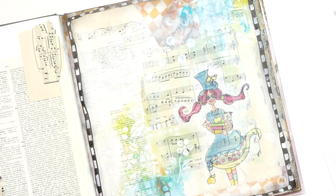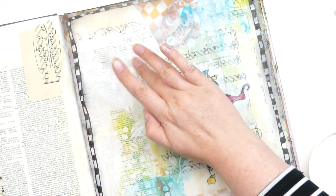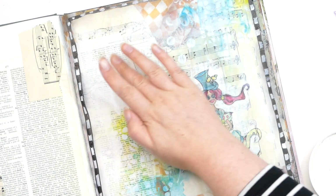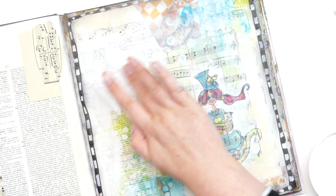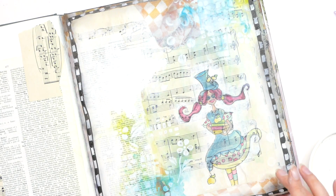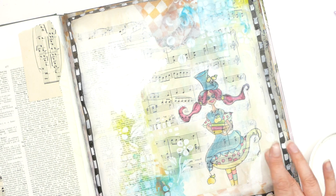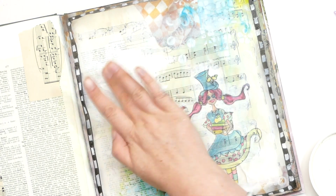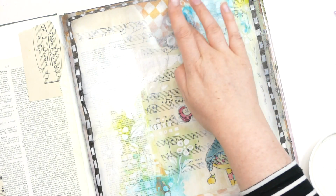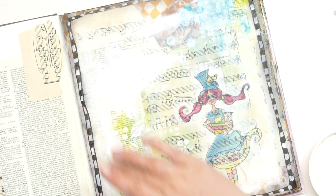Okay, I am liking how this is looking so far, but having brought the dark in, I've lost some of the brightness of the white, so I'm just going to put some more gesso on with my finger in certain areas so that we've got areas that are bright white, because I think we've just kind of lost that a little bit. And it's the contrast between light and dark that gives variety to life. That's always what you see in nature, you know. That's what makes things striking. So I just need a bit more white. Actually, it doesn't look too bad in the screen, but in front of me,